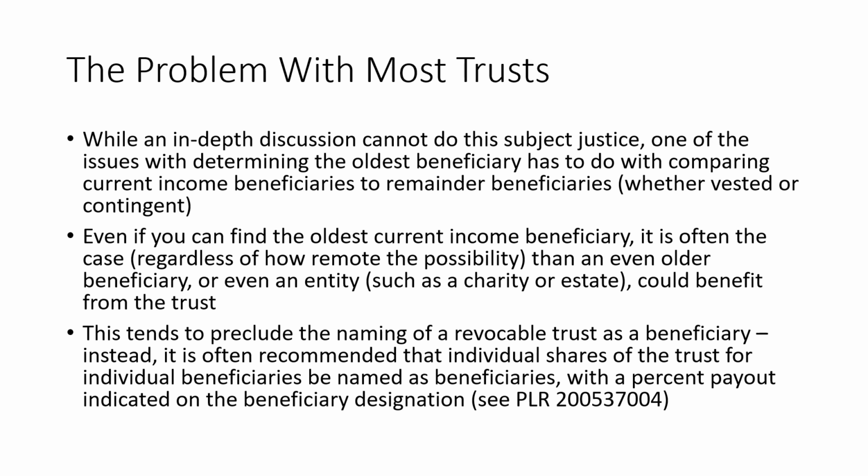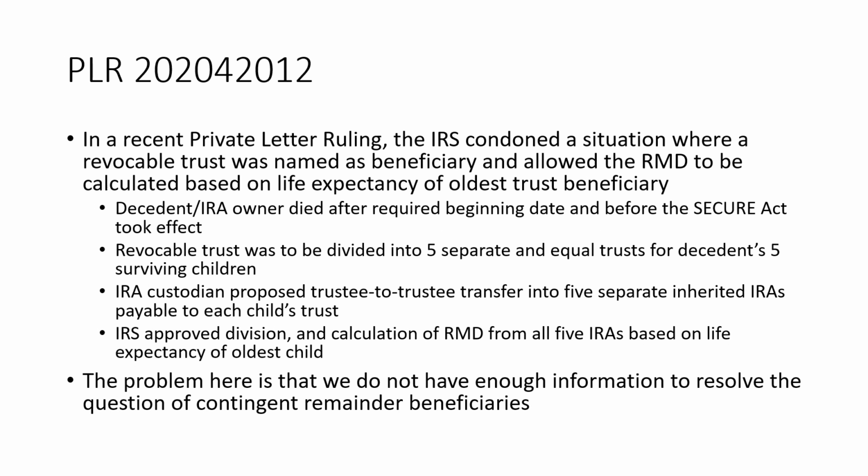Instead, it's helpful to flesh it out and name individual shares of that trust that are established for individual beneficiaries or family units as the IRA beneficiaries, and you could use a percent payout as discussed in Private Letter Ruling 2005-37004, or you could sometimes look at by representation or per stirpes types of designations, and those haven't really been tested as much. But in the recent private letter ruling I was alluding to, the IRS did end up condoning